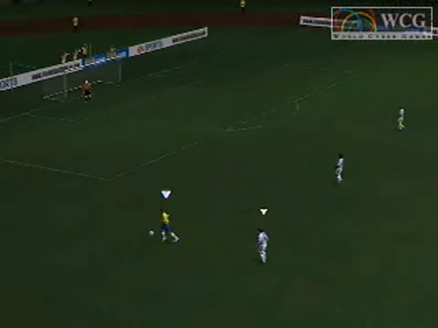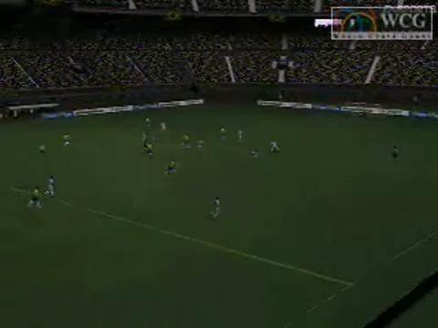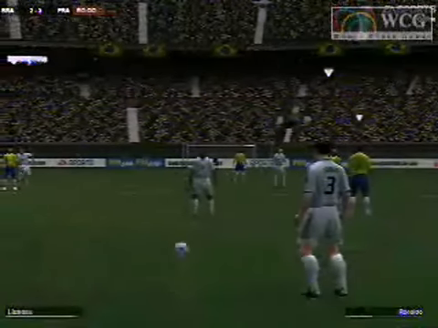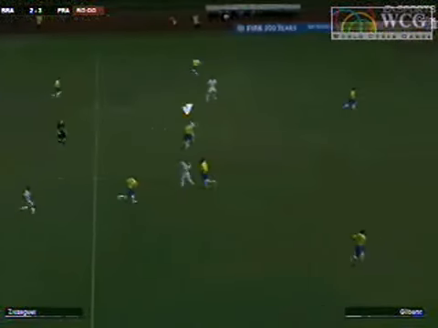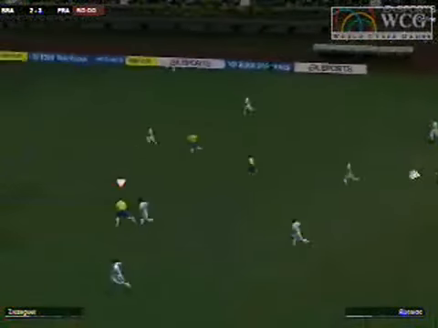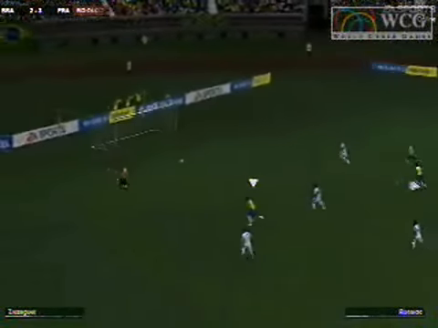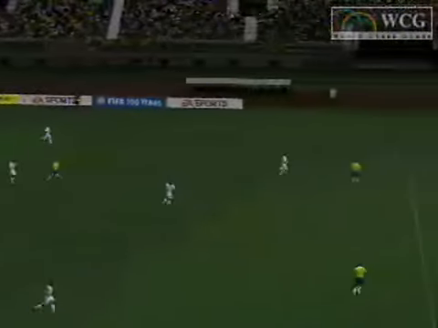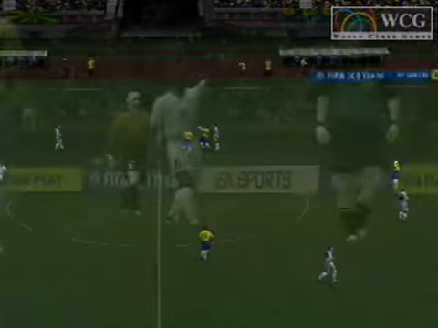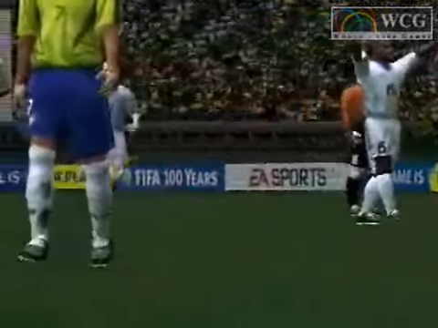Zidane picks up the missed pass. However, the Brazilian center mid has been on fire. Breaks up that scoring opportunity. And it's going to set up here. We had an offsides call, and it's going to set up a free kick for France. France, though, however, cannot capitalize on it. We see the long ball. Ronaldo had a shot at it, but the keeper comes out of his box and does a very nice job of breaking that up. Folks, we just saw an upset here.